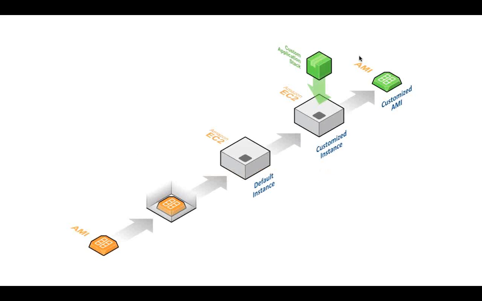And how do you get your cloud instance? Well, on the bottom left, you can see the AMI, or Amazon Machine Image. We have a lot of public AMIs that you can start with. So the idea is that you choose the most relevant public AMI, like a Linux or Windows instance image, then you boot up an instance, and maybe you customize it to your liking with your application code, your binaries, whatever you need to build your service. Then you can rebundle this instance into a new custom AMI.